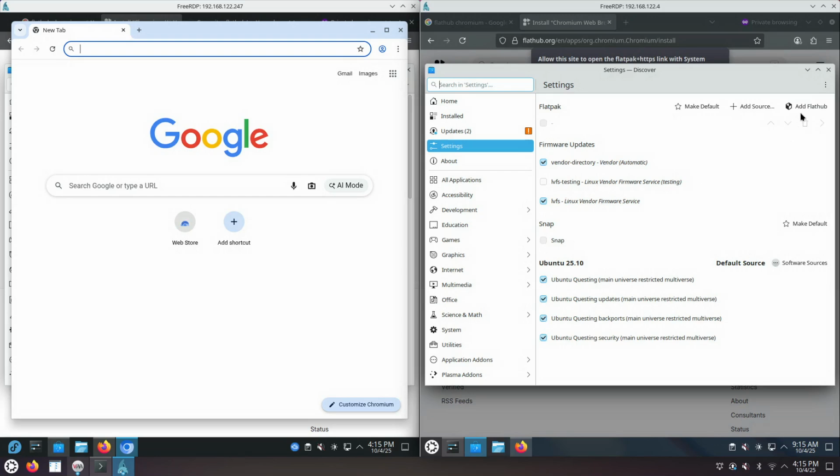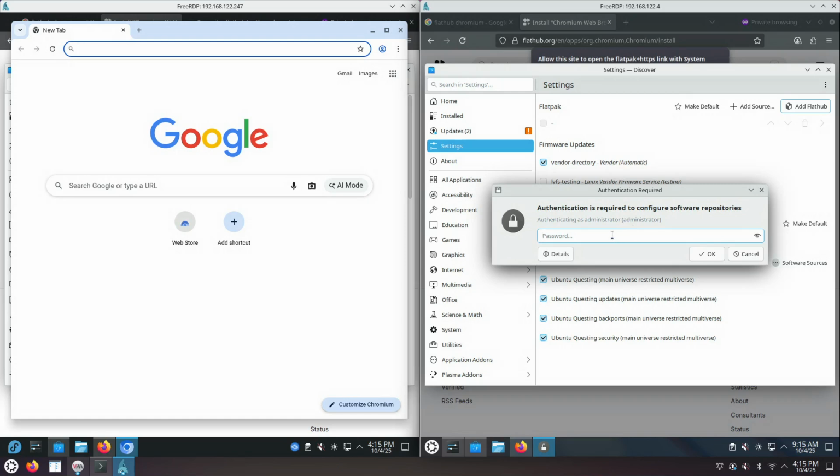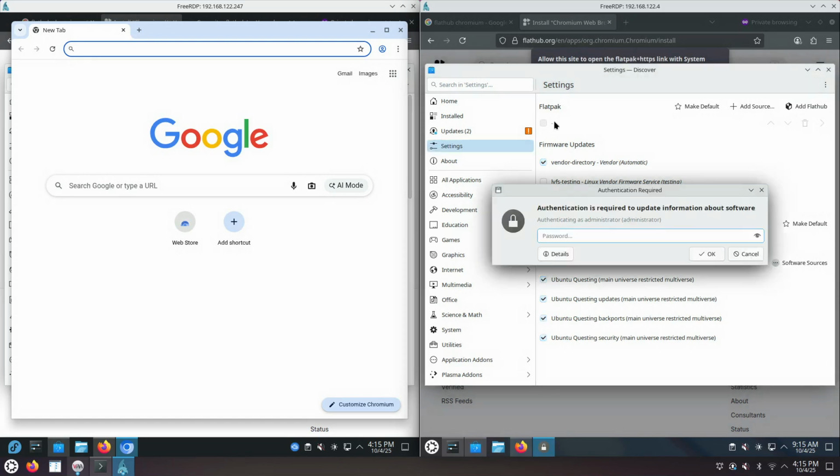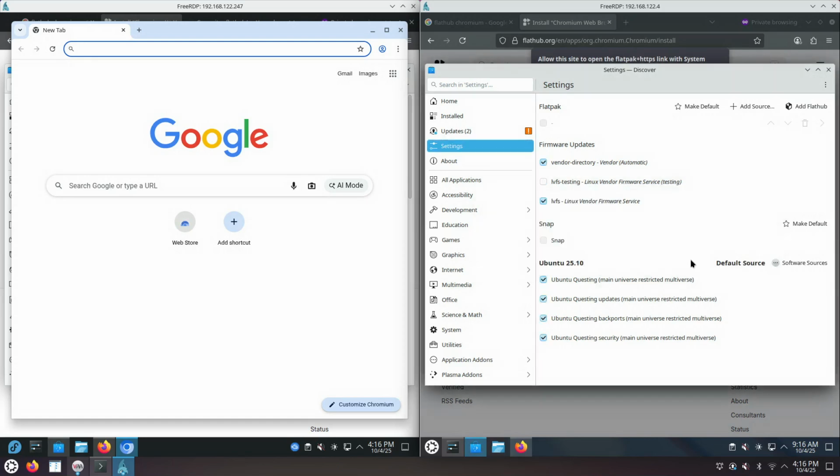I'm not sure if we should add the FlatHub remote now or when we open the Chromium page inside Discover, but let's add it now. Yeah, this text doesn't update automatically. It does now. Okay, so we have one remote,